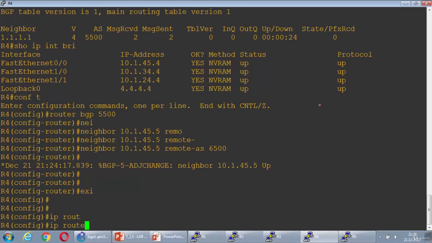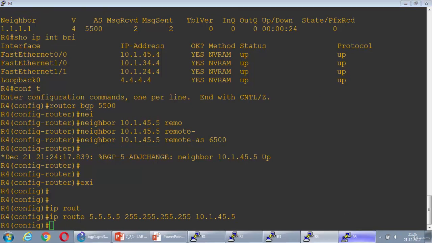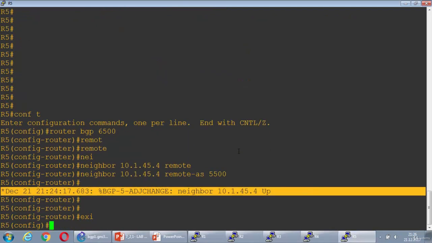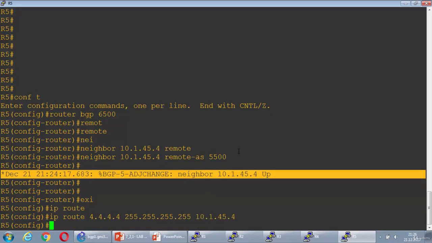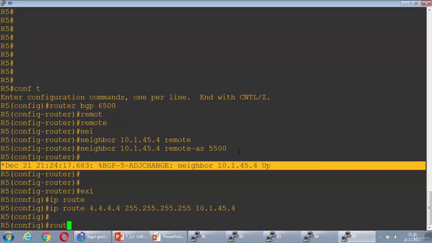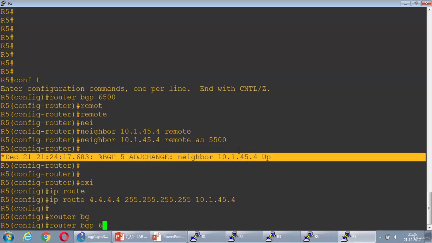IP route to 5555, send the packet to this guy, and let's do it in the reverse direction. Then I'm getting into the BGP statement,